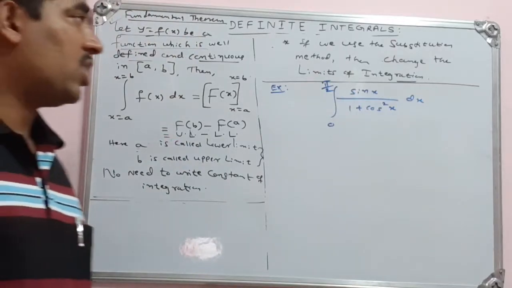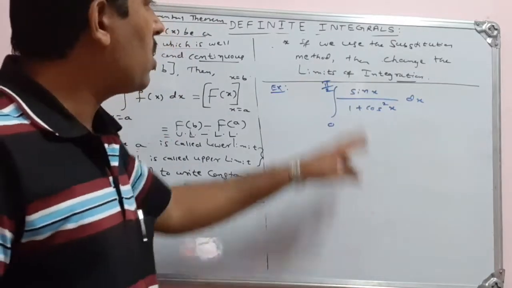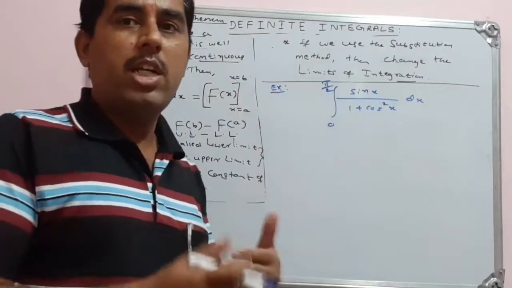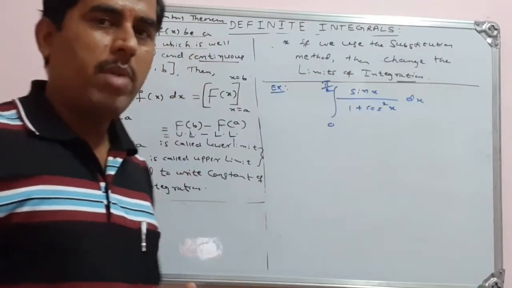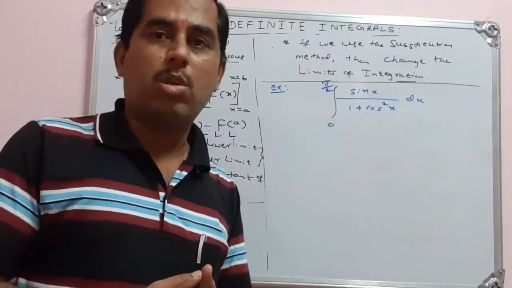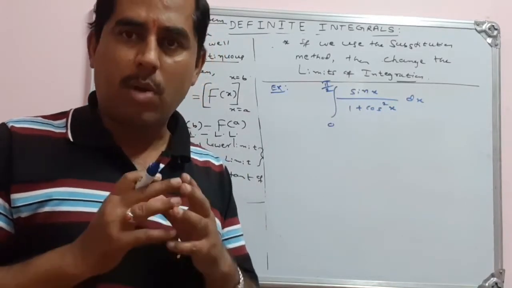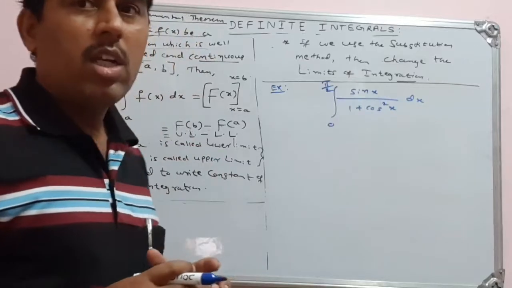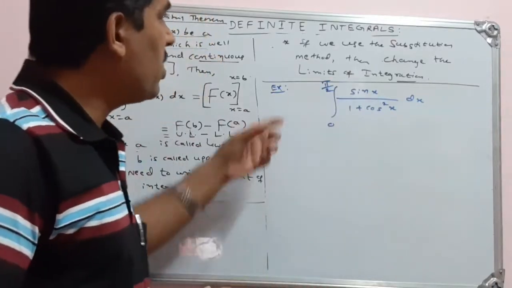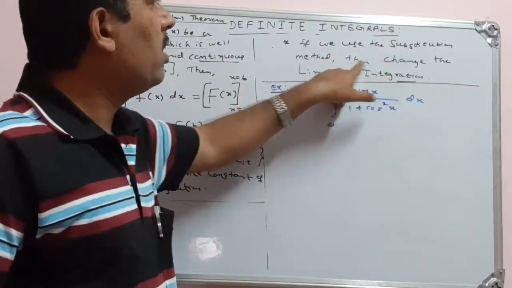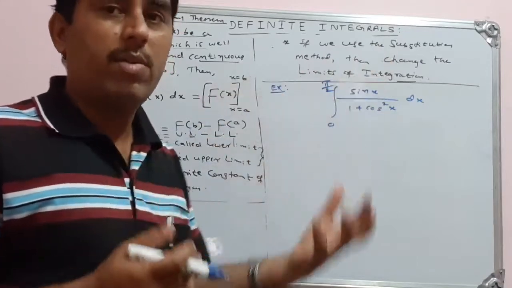In this session, let us consider one or two examples of the substitution method. In indefinite integrals also, we make use of this method. So what must be our substitution? Our substitution must be proper, then only this method will be successful. Here the only difference is, if we use the substitution method, then we change the limits of integration. So how can we change the limits of integration?